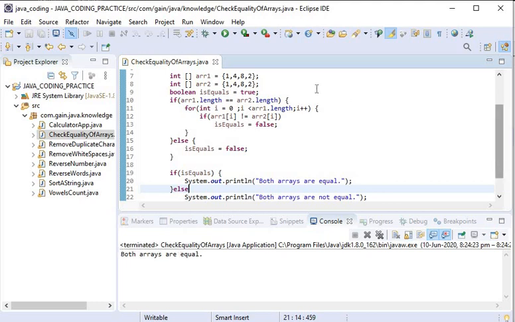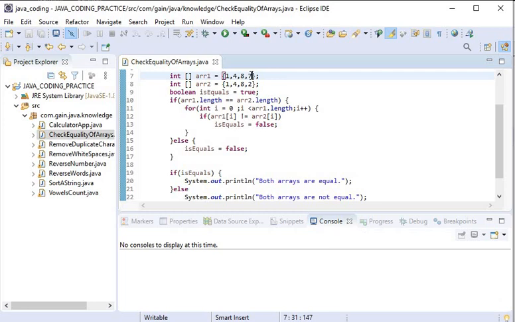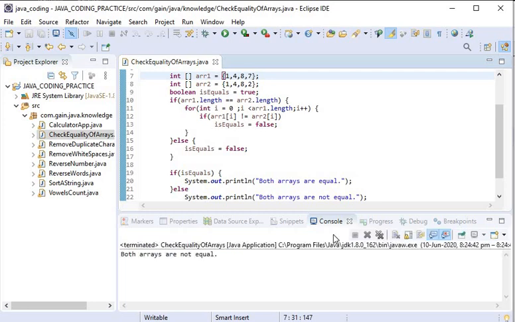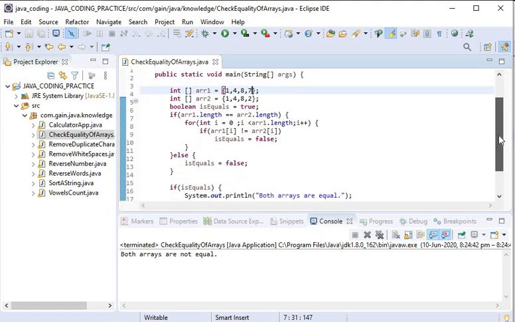If I change one element here, we'll use 7, and run the application again. Here you can see the output, both arrays are not equal. And this is the iterative method to check the equality of two arrays.